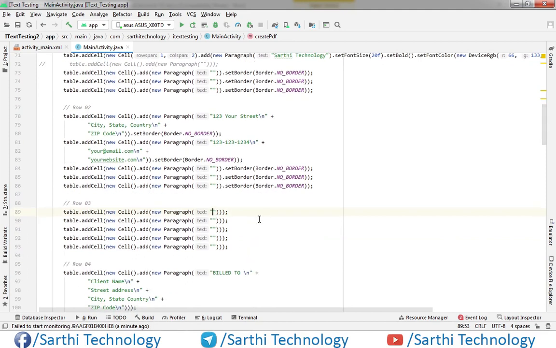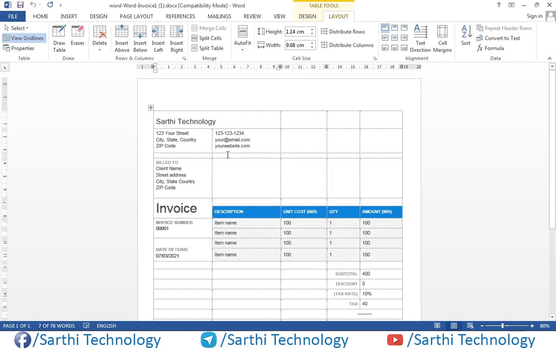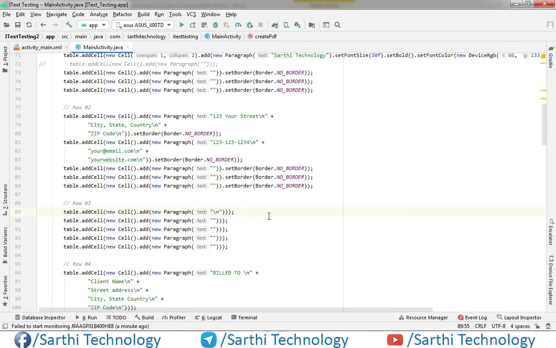Now here we will put one new line, because its height should be a little bit bigger, and that's why we are adding a new line. Again set no border.